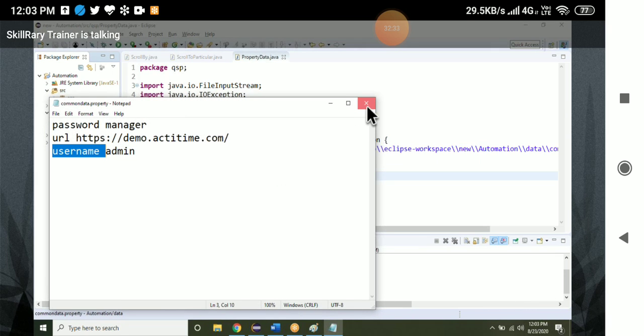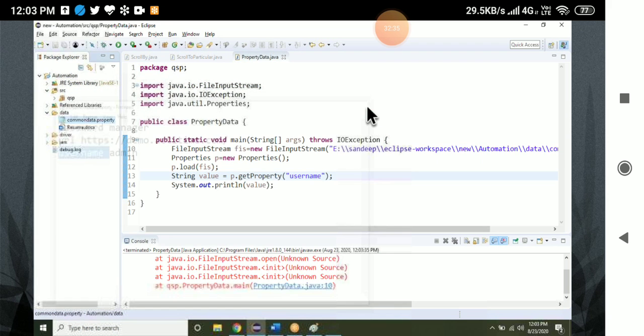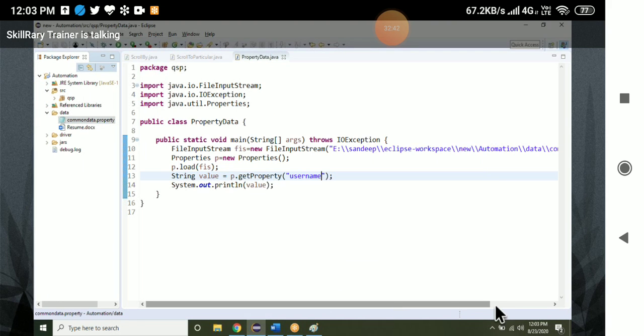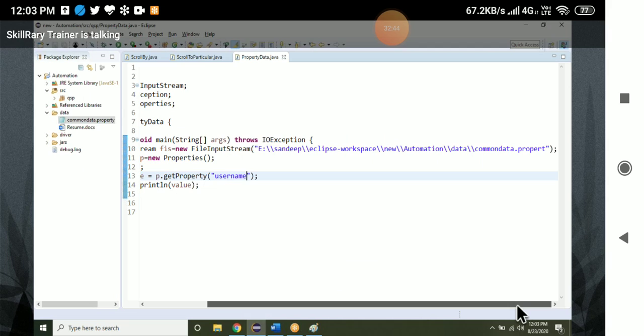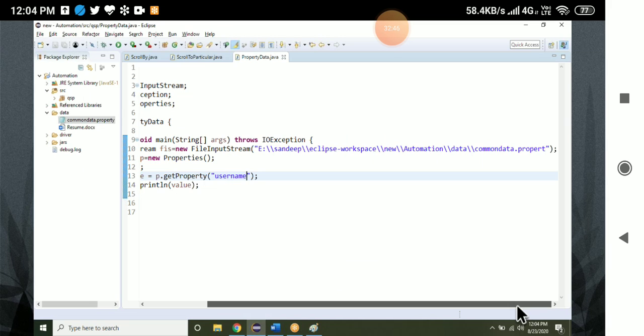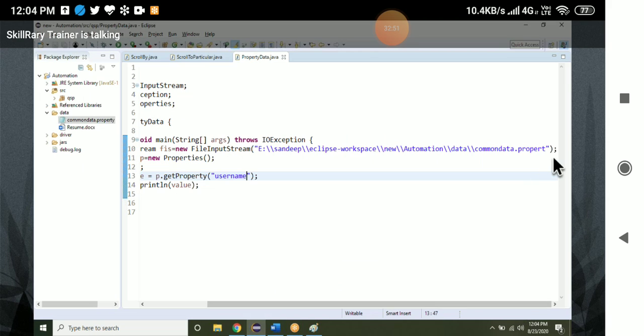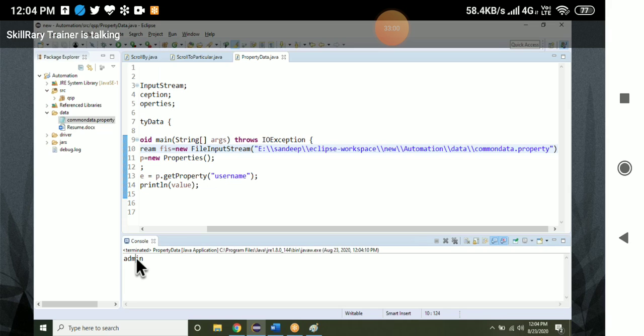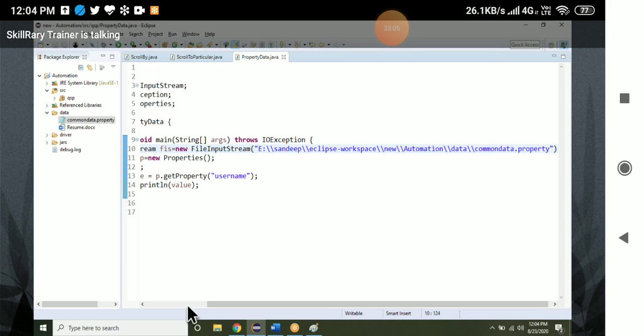Password. File not found exception. Okay, see here. Now it is working. It is getting the data. But here also one drawback is there.